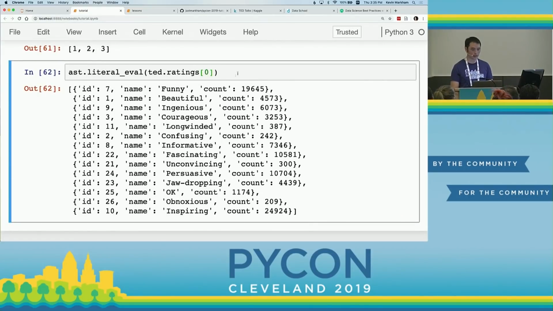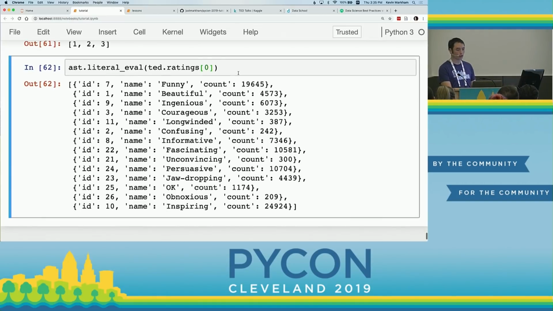And it looks much better now. This is not a string. This is now a list. Okay? This is an actual list. It turned our stringified list into a list. So now that we have a list, we want to